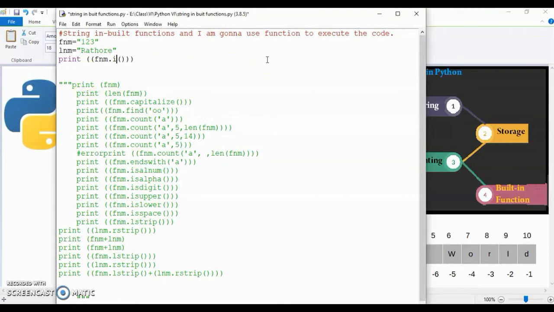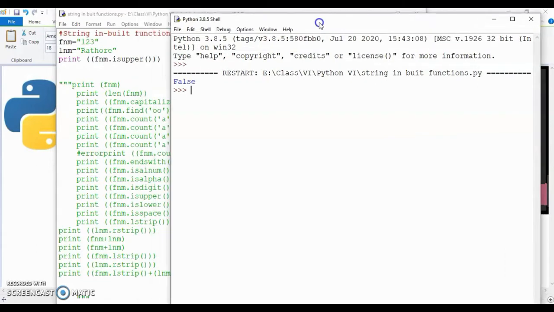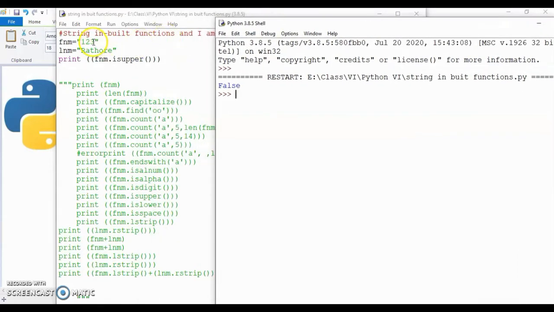It is applied to all the characters. So if all characters are in upper case, only then you will get true. False, because all the characters are not in capital letters.